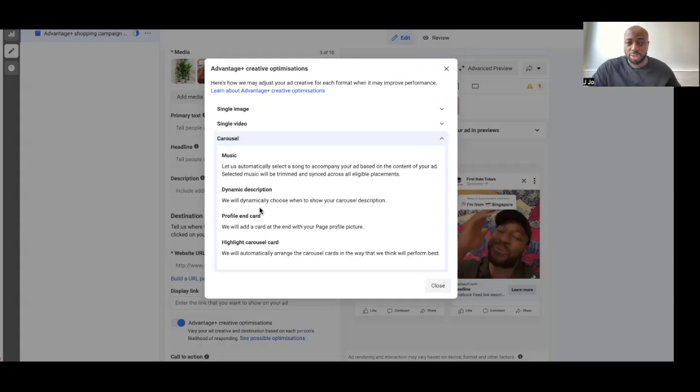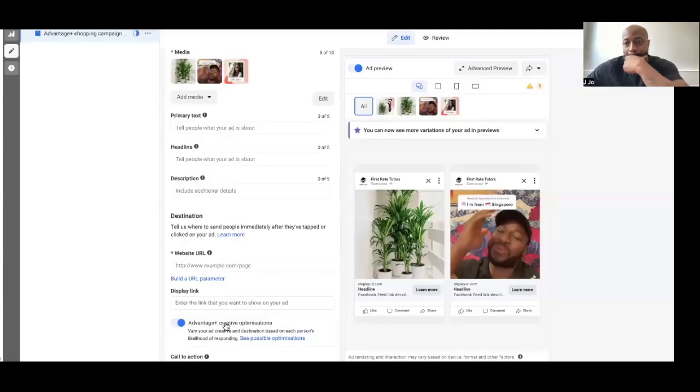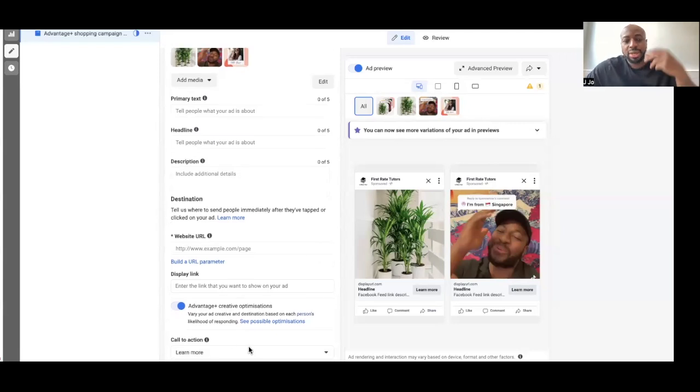Carousel, dynamic description, profile end card. Sometimes it will add a profile end card, sometimes it won't. We need to find out: will that make them convert or not? By doing it this way, in this new way, you find that answer a lot quicker, simply just by turning this on. So guys, and then once you've done that, you obviously click your call to action, which will be shop now, right? So this is another one of the new ways to run your Facebook ads